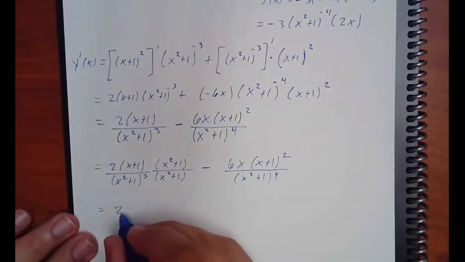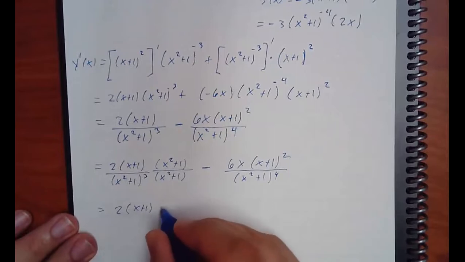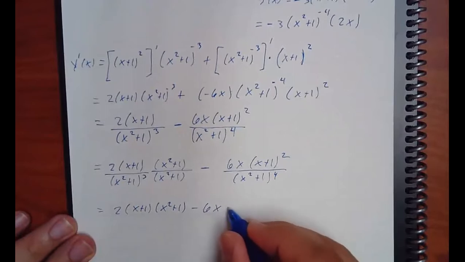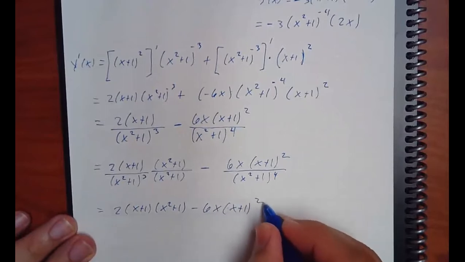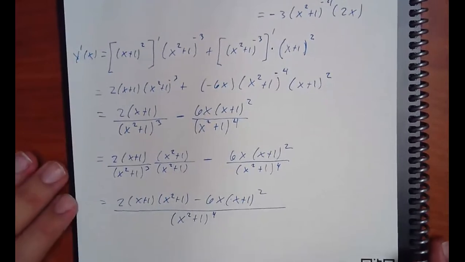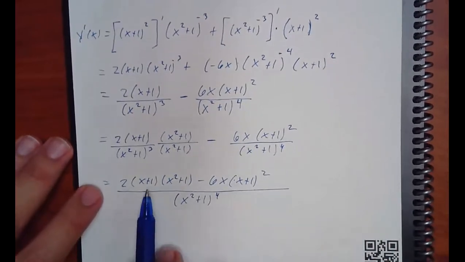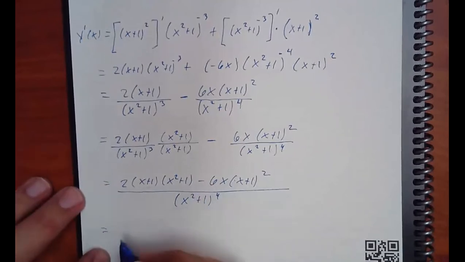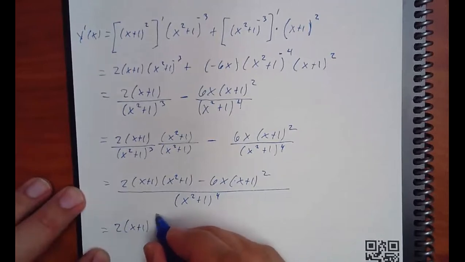Okay, so this will be 2x plus 1, x squared plus 1 minus 6x times x plus 1 squared, over x squared plus 1 to the fourth. It's a little prettier. I see an x plus 1 in common. We pull that out and get 2. So we could factor 2 times x plus 1 and get x squared plus 1